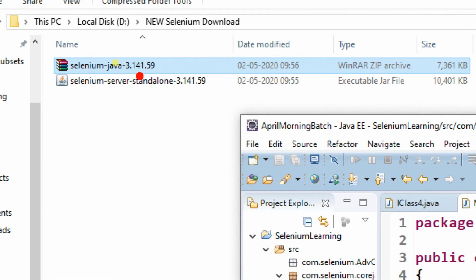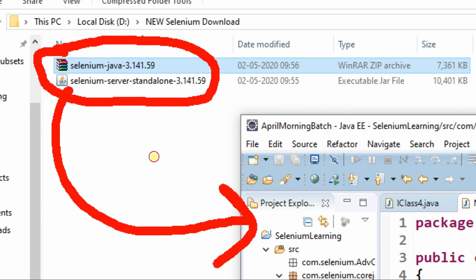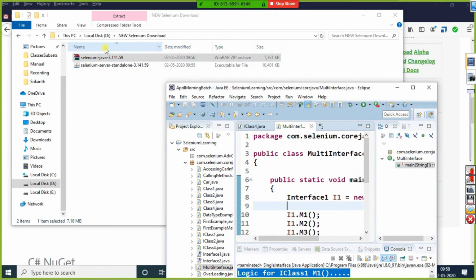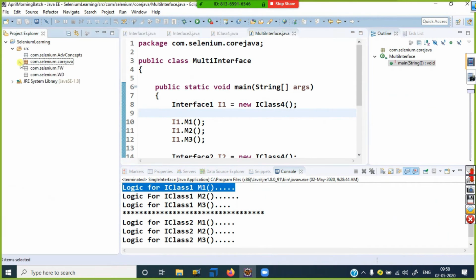How do these Selenium files come into this Eclipse? Are you understanding? That's what we are planning: how we can bring these jar files into Eclipse. It's very simple. First, observe how to configure Eclipse for this project.